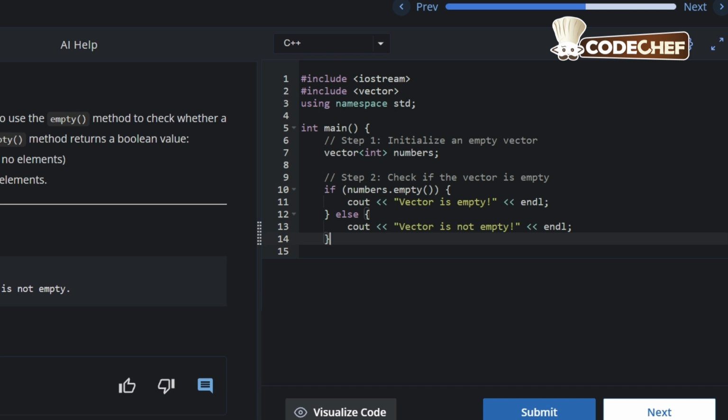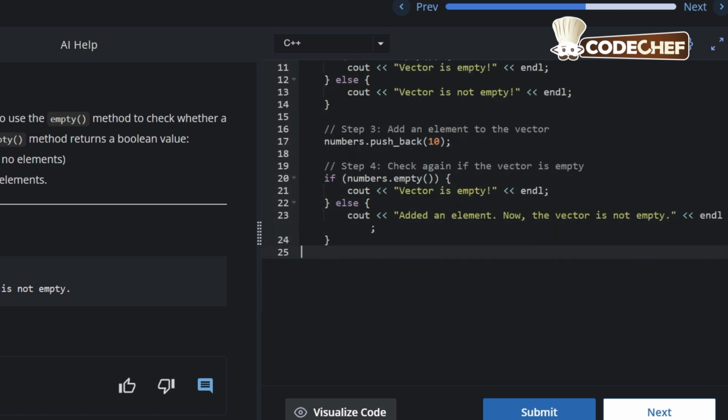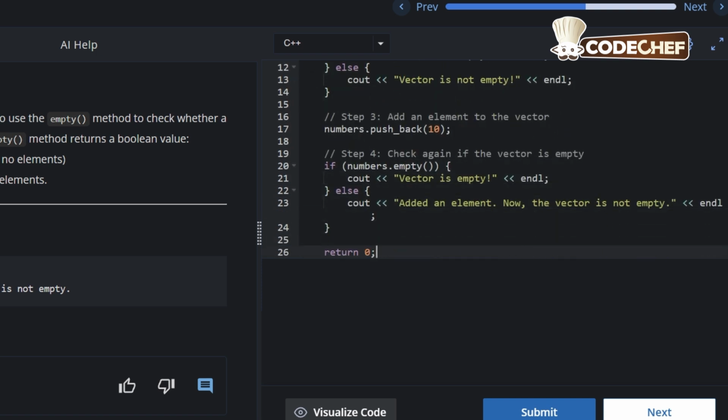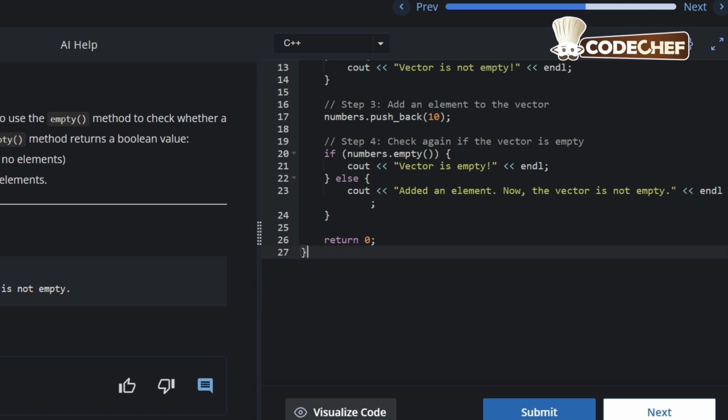So as you can see, for the vector numbers, we have not inserted any element in the beginning. So that is why the if condition will be true, and "Vector is empty!" will be printed. Now we are inserting an element into the vector numbers. For that we are writing numbers.push_back(10);